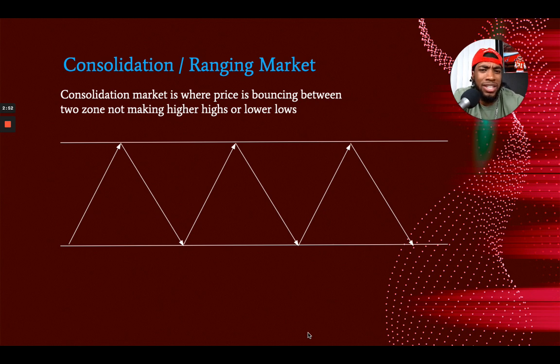And then you have a consolidation or range in market. And this is just when market is really just bouncing back and forth between two zones, not really doing a whole lot. And we'll actually take a look at that on US30. It's actually a very good example of a range in market. Now, within a range in market, you can have price making higher highs, higher lows, lower lows, and lower highs and back, etc. Depending on how big the range is,